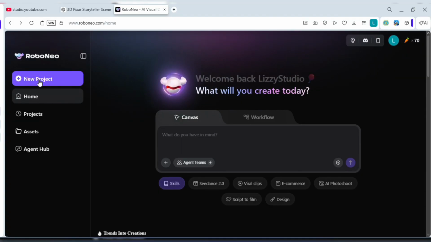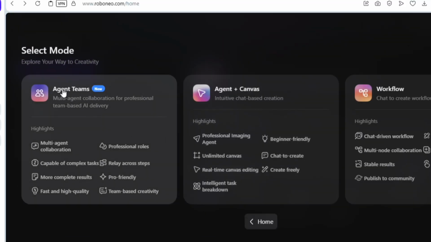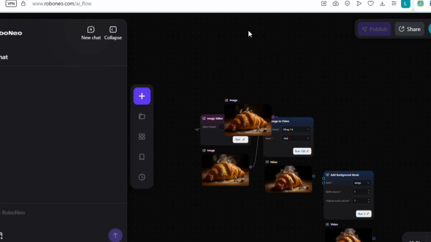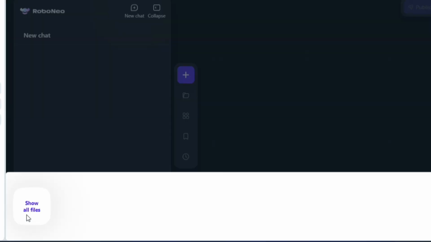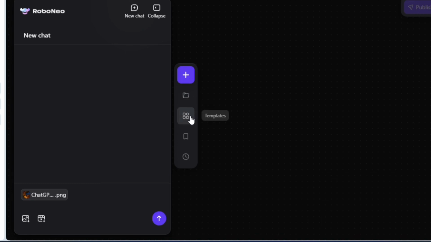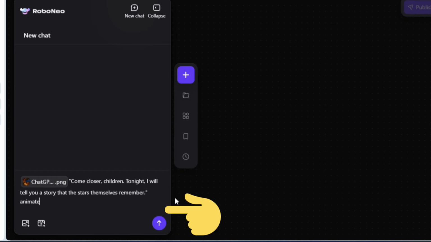Click on New Project. You will be asked to choose a mode. Select the workflow mode. Once you are inside the workflow interface, delete the default node and click the upload icon. Now upload the image you want to animate. Once your image appears on the canvas, move to the prompt section and type a simple instruction such as animate